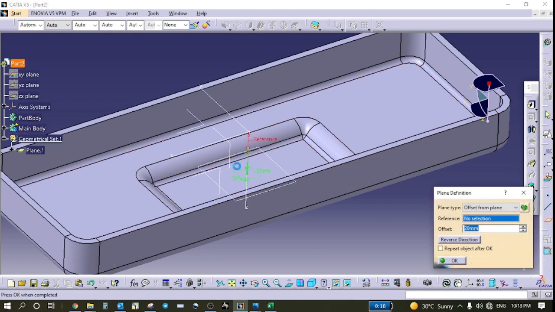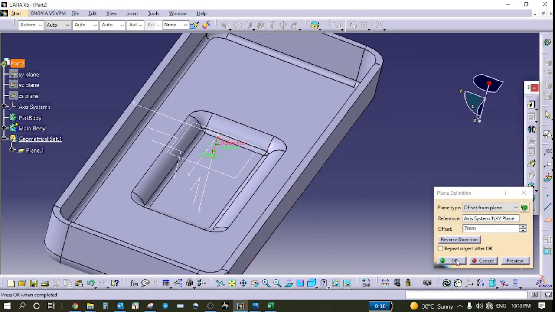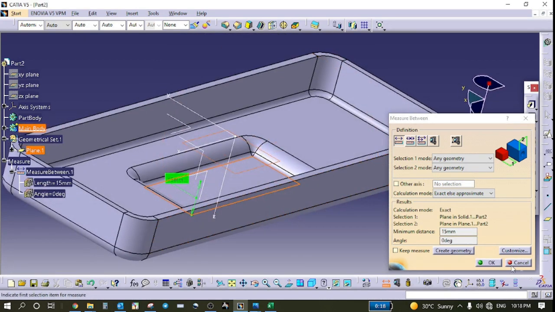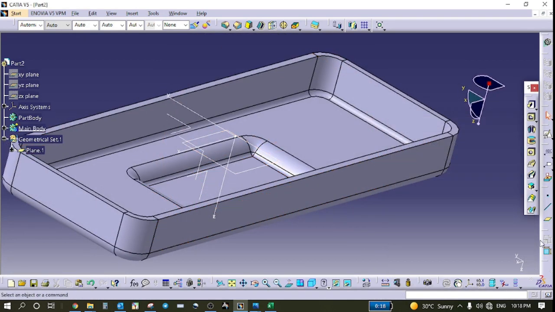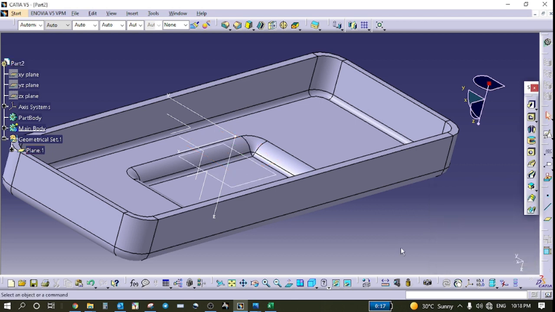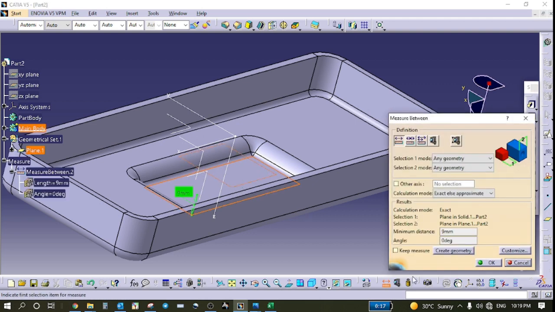So we will insert one plane here. We checked that the maximum height level is up to 9, so we will maintain 9. So this plane is inserted at 9.